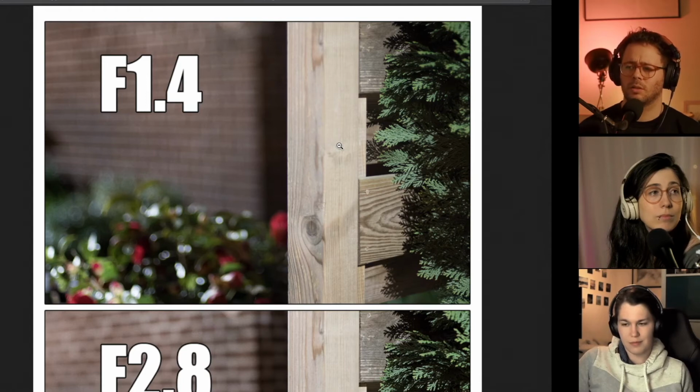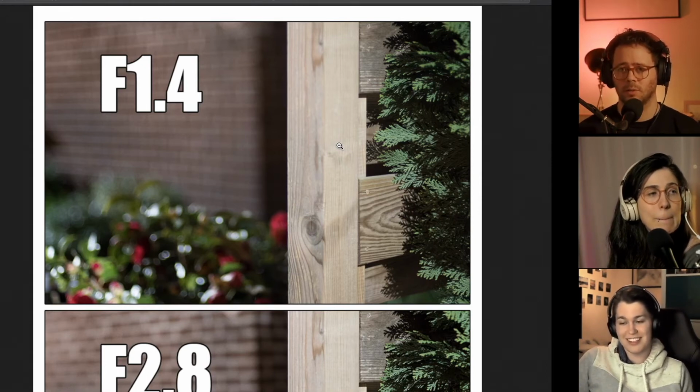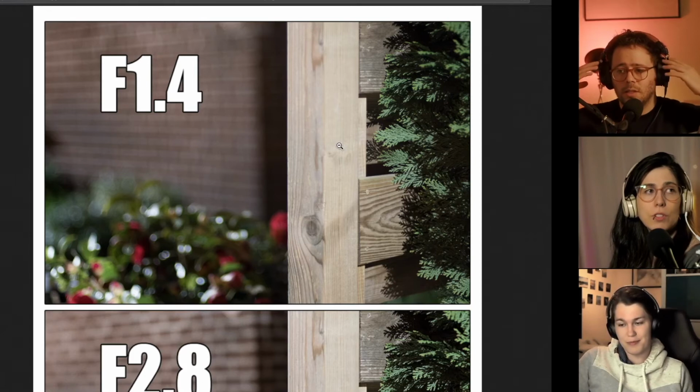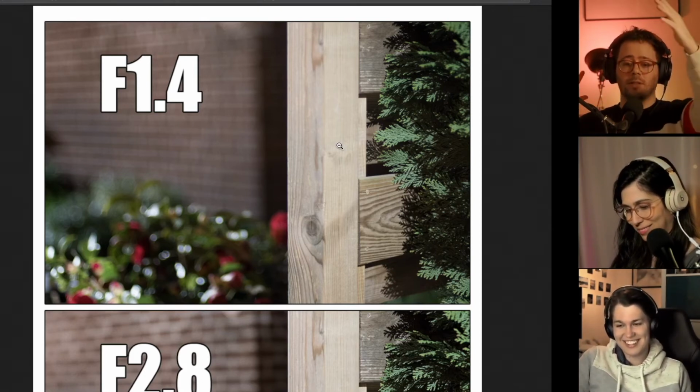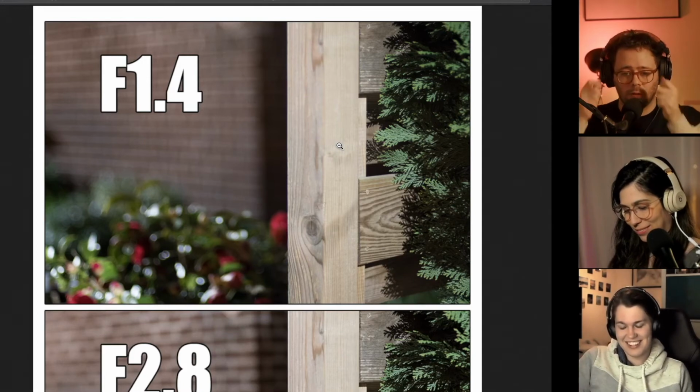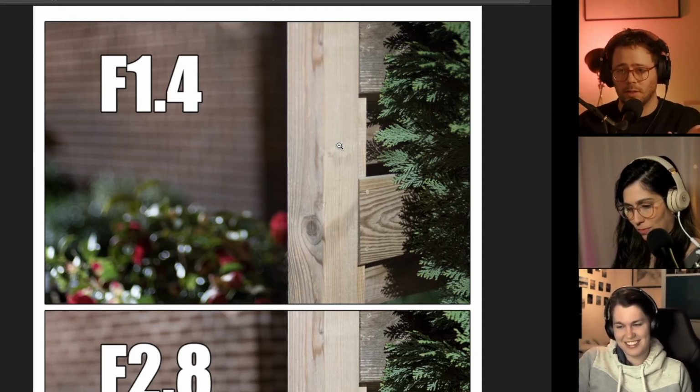Which one is the one that I have at home? 400 f4. And you wouldn't think f4 is a fast aperture. I mean, it's relatively on the faster end. But yeah, 400 f4. It's like 2 kilos or something, it's huge. It's bigger than my head. You can't hold the camera. You have to hold the lens, because otherwise the lens is so much heavier than the camera.